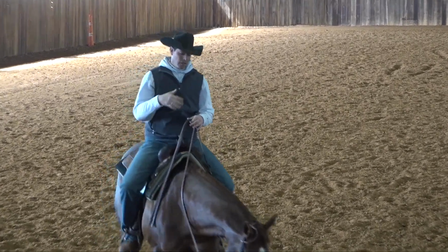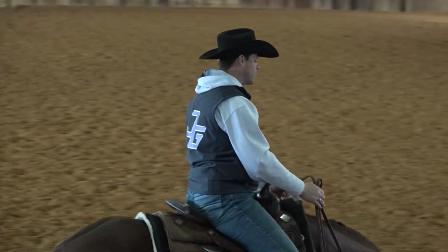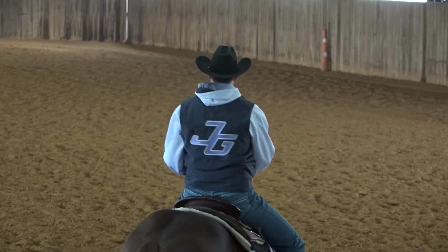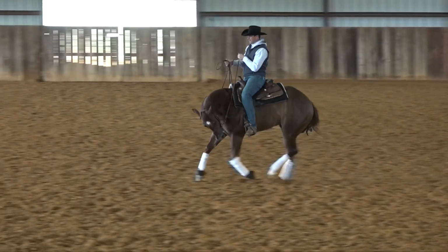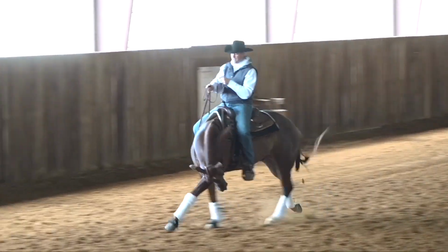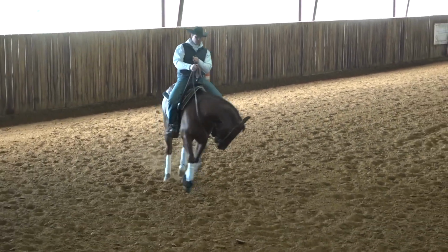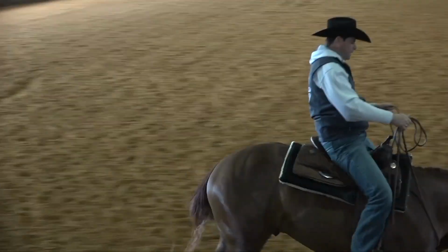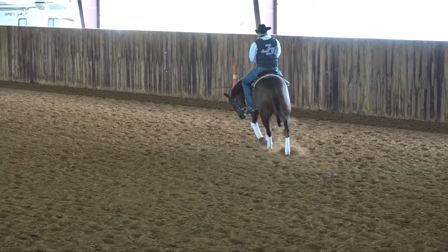Okay, so for this drill, one of the key elements that we're going to need is the indirect rein. I've got some videos on the comfort zone about the indirect rein, and this is something we're going to start talking about a lot more once we reach the level 3 training with our horses, okay? The indirect rein means that we're going to take control of the inside shoulder